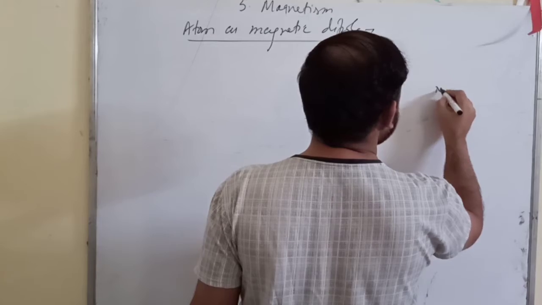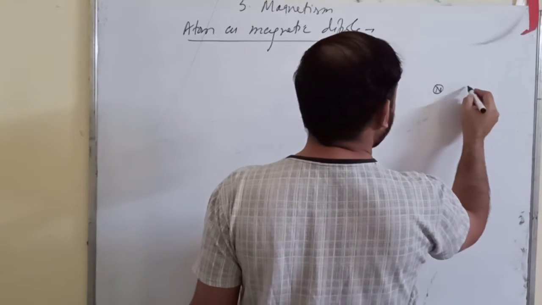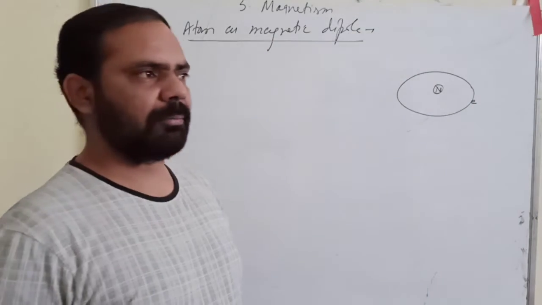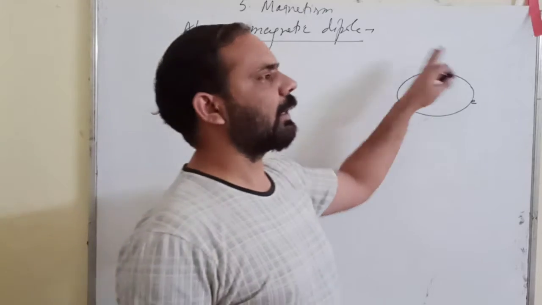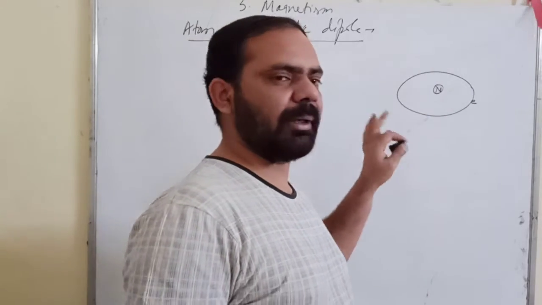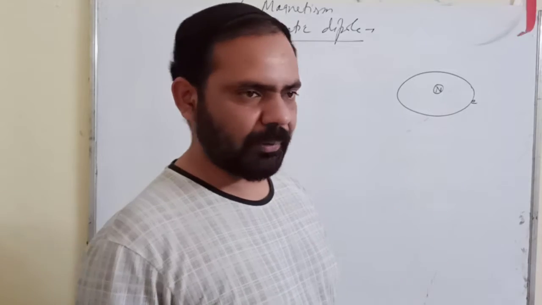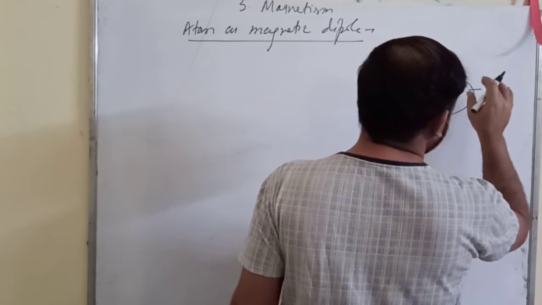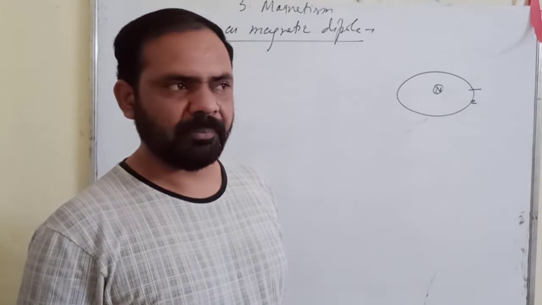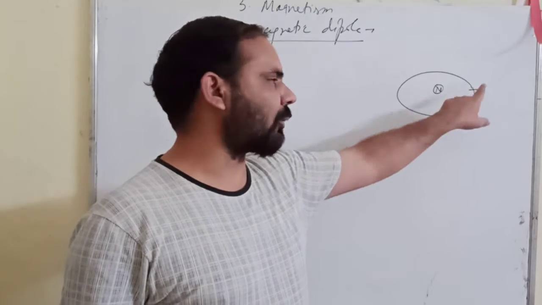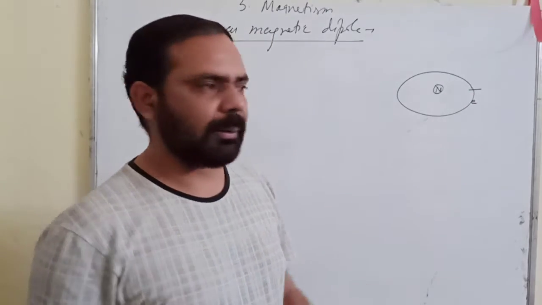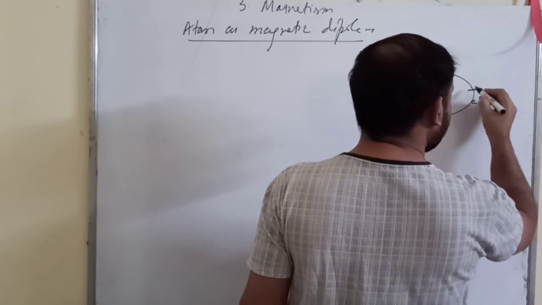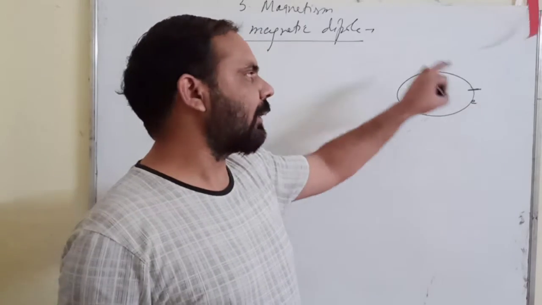So what we have is a nucleus at the center inside the atom, and an electron is revolving around the nucleus on an elliptical path or circular path, whatever it is. This is our atomic model, right? Now suppose I consider a point on the path. This electron is crossing that barrier. If I take this as a reference point, then this electron is again and again crossing that point.